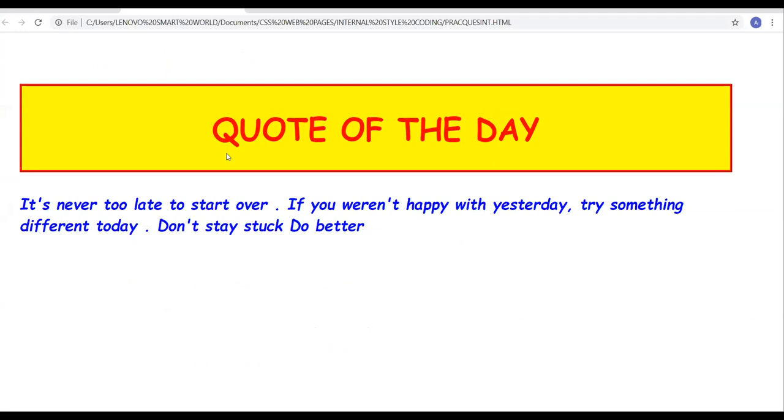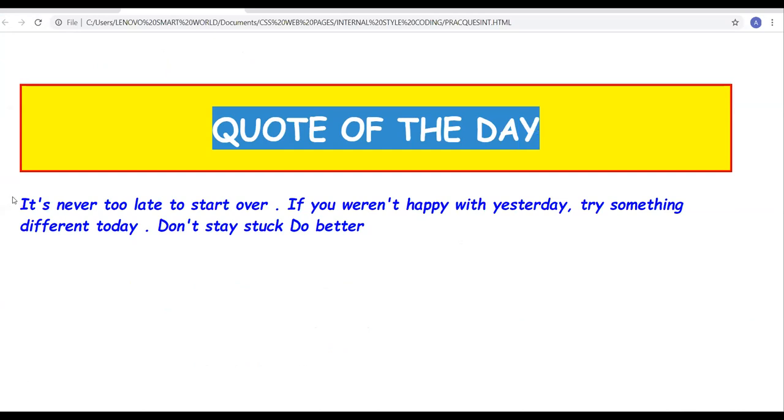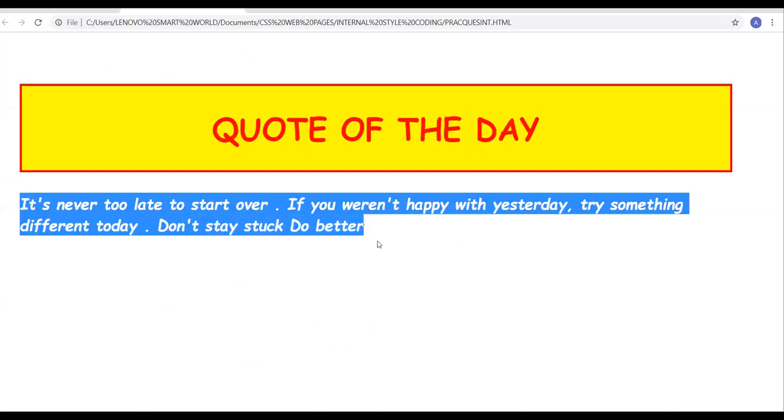See the browser view carefully. Comic Sans MS font is applicable to the entire page. Your heading is also in Comic Sans. Your paragraph is also showing the text in Comic Sans MS. Right? Is it thoroughly clear? Universal selector.